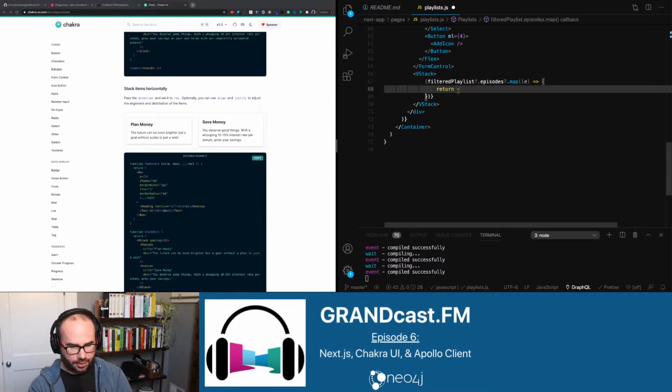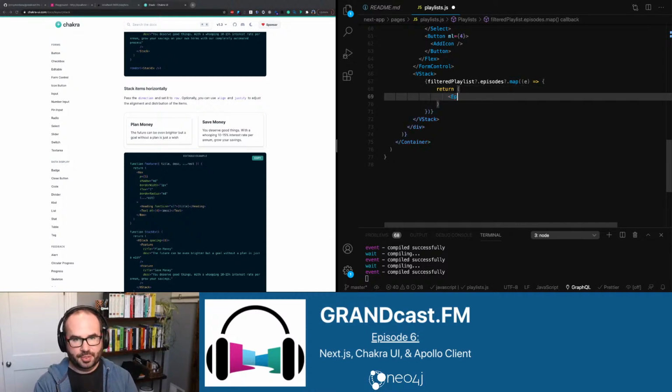and render an episode component. Remember, we need to give it a key. We have the ID of the episode in this case, which is the unique value. And then pass in the episode value as props. And then if you remember, the